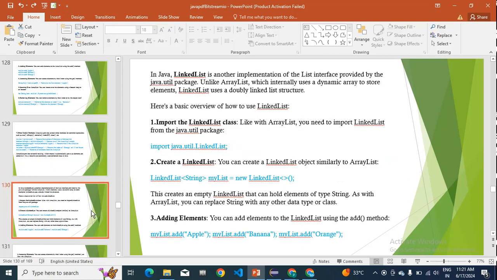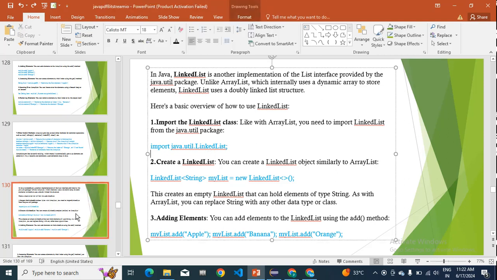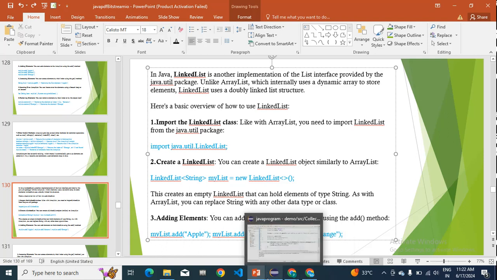And coming to the linked list, similarly in the linked list you will be learning the same thing. Compared to the linked list and the array list, the packages you will be taking are different, so I'll tell the difference at the end. Firstly, we will see how we import and how we take it. Okay, so over here,